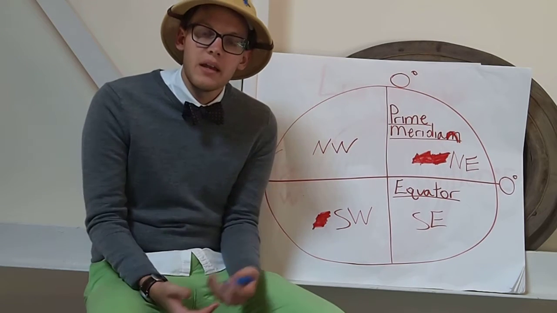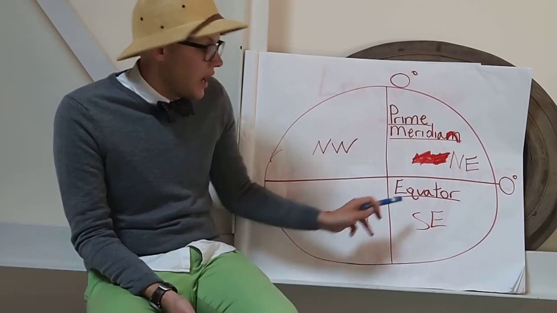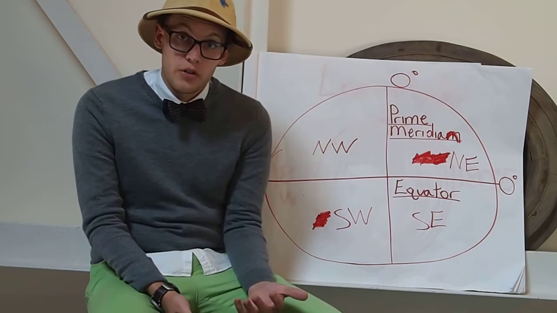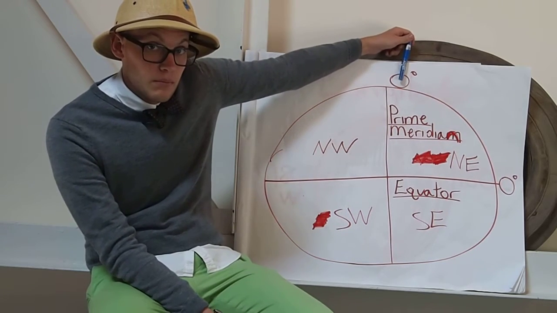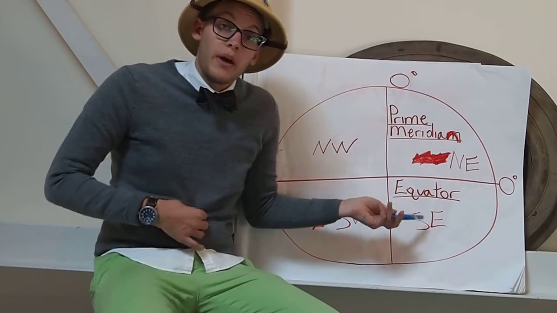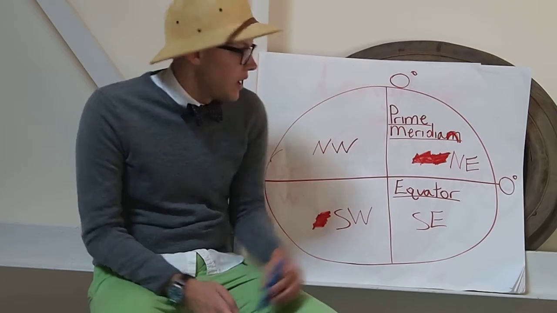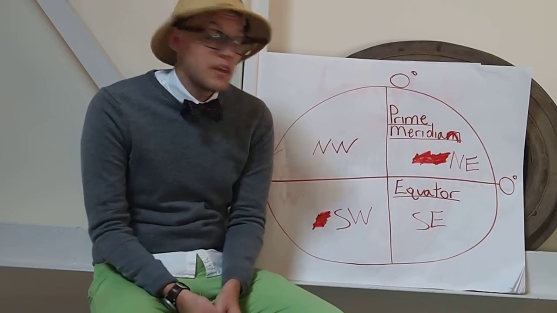Our two main longitude and latitude lines are the prime meridian and the equator. The prime meridian is the starting point for longitude lines. It is at 0 degrees. The same thing with the equator. The equator is the 0 for latitude lines. And the prime meridian splits up the